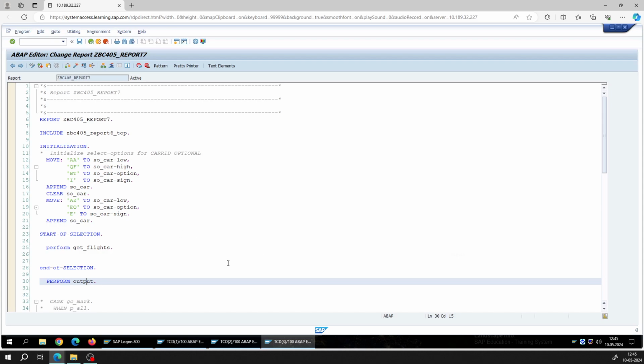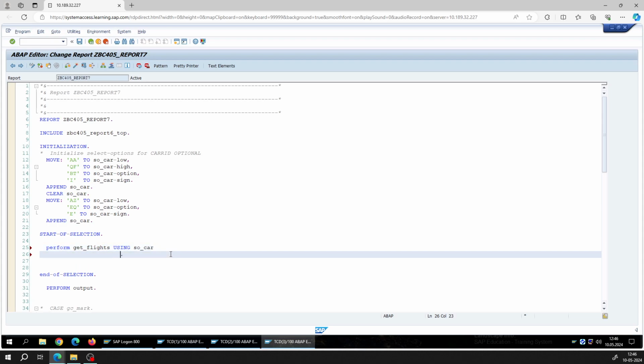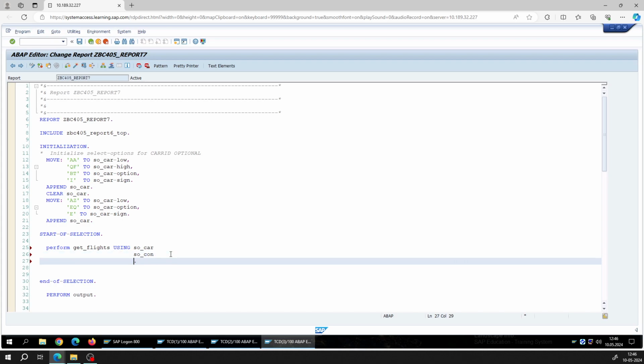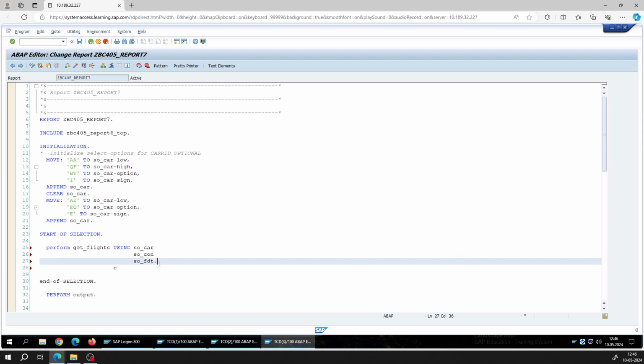So to make it understandable, we need to pass parameters to the subroutine. When you pass parameters,